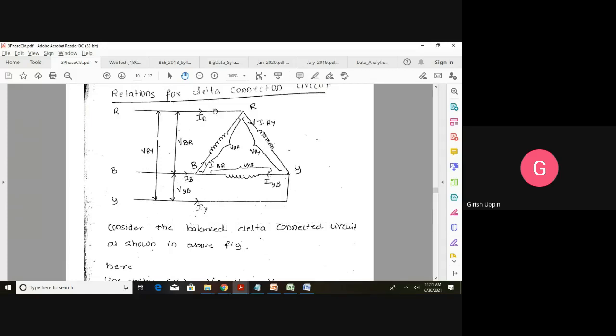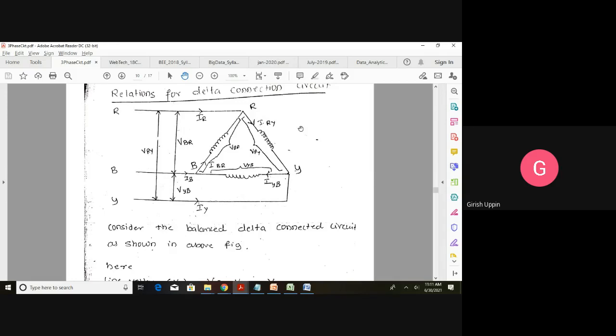Now you can see the line current is coming to this node R. There are two possible paths, so the current will get divided into those two parts. Just make sure that you take the direction properly. If you remember this diagram properly, the rest of the things are very easy. Now take the current like this. This is the phase current that is flowing in phase R: IRY, then IYB, and IBR. So you can see it is circular. This is IRY, this current is IYB, and this current is IBR. These are the phase currents.